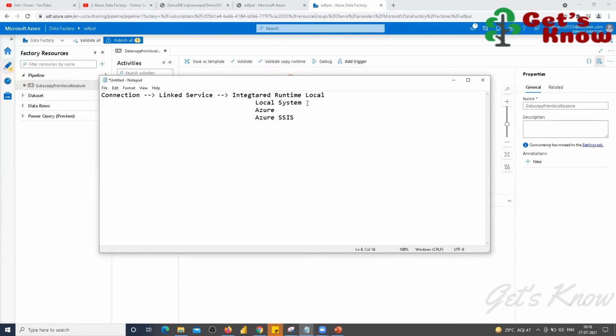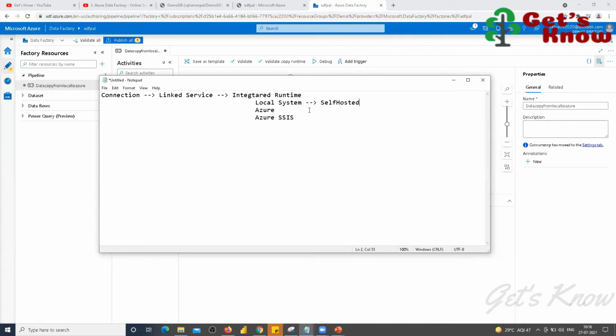Based on the source, you have to create the linked service. We have to create local and Azure linked services. For the local system, the IR type is called self-hosted. Self-hosted is one of the available IR types in ADF, and you have to create it when you connect to your local system.